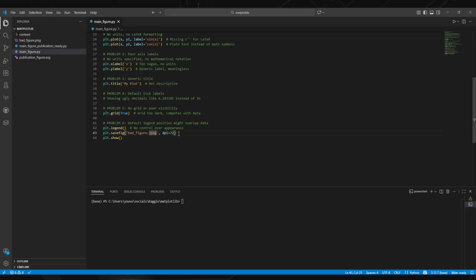The thing that is killing the figure is this export in JPEG with a very low resolution, which is very bad for publication. So if we run this now,